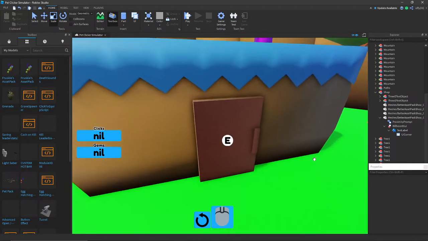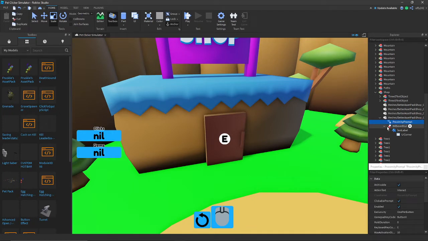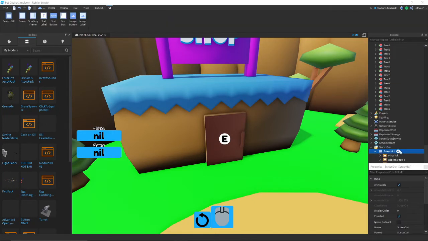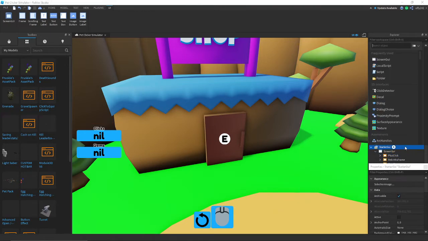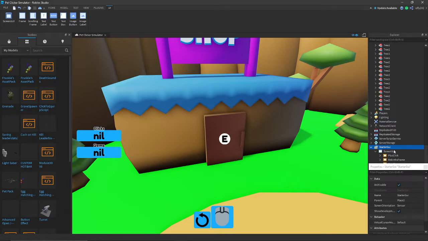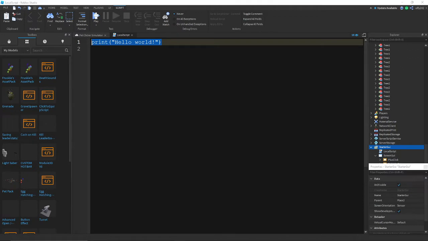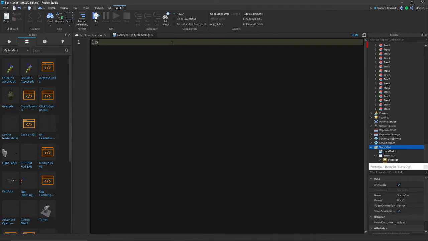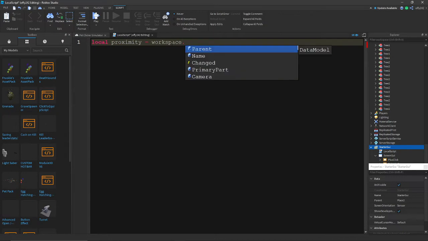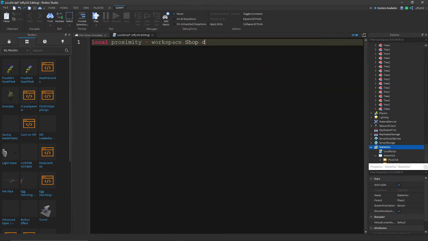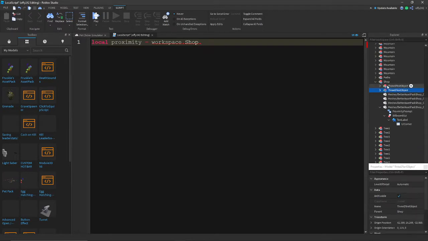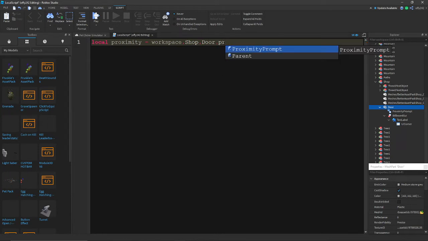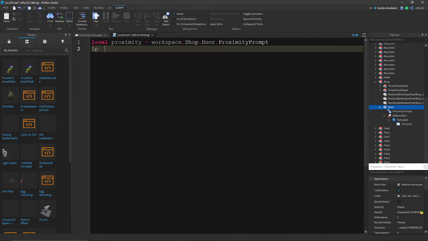And now what we're gonna do is add in a script into StarterGui and add in a local script, and in that local script, local proximity equals workspace.Shop. We also need to rename this to door and do .door.ProximityPrompt